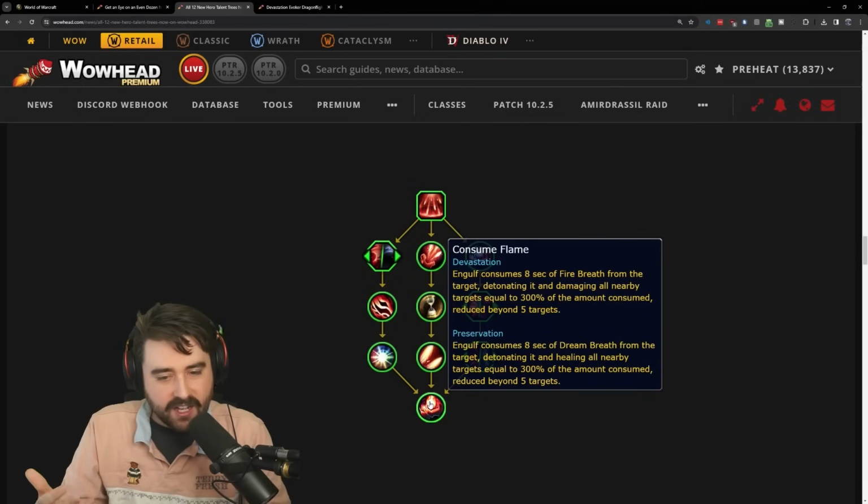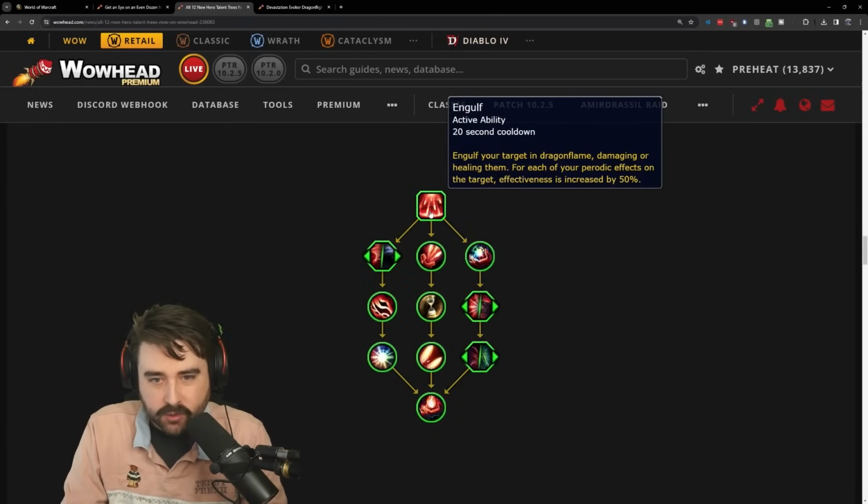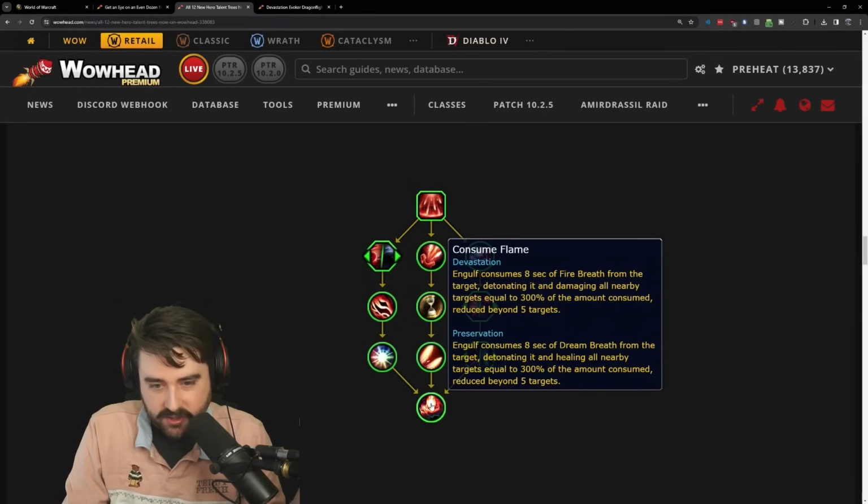So yeah, this tree is not very complicated. Like compared to Scale Commander, it's a lot easier to understand. You're basically just getting like a whole lot more damage with this 20-second cooldown 2-charge nuke you can use. However, Evoker has the threat issues, and those threat issues are probably going to get you killed in a lot of cases. So unless they address Evoker threat, it's really hard for me to get excited about this tree because